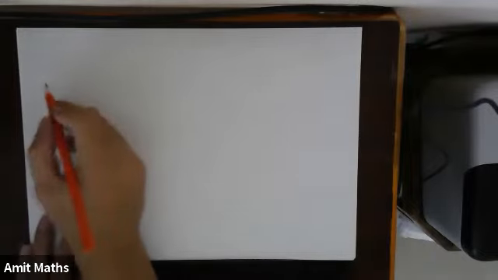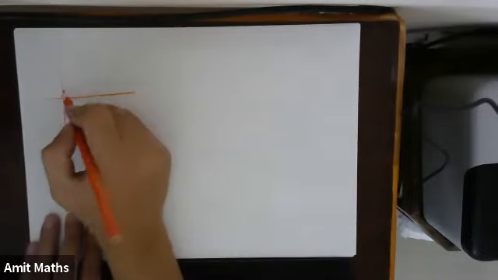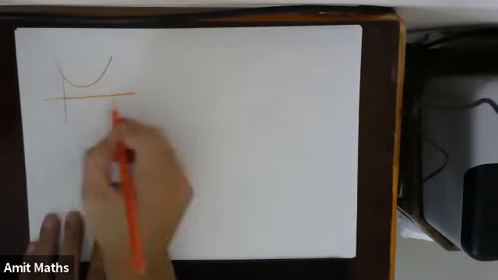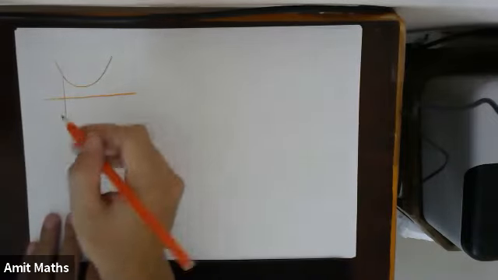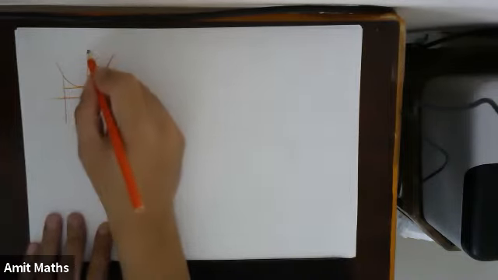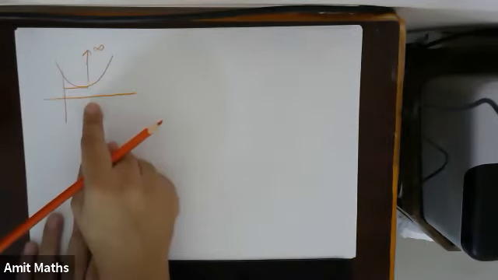One more thing. Do not think that the roots of this quadratic expression being imaginary or real matter. It does not have to do anything with that. Even if the roots are imaginary, suppose this is the y-axis and this is the x-axis. If this quadratic expression is something like this, upward facing, but there are no roots, even then it will have a minimum point, and the maximum will again tend to infinity. This is the case when it does not have any real roots.